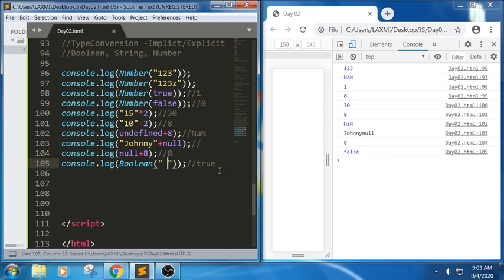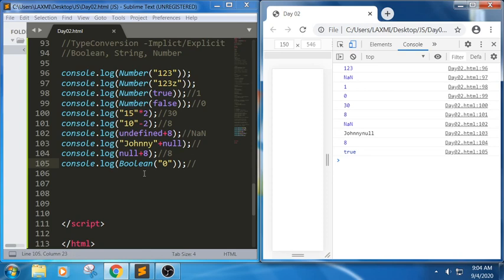But when I write, you will get confused here. It is true. But when I write 0 here, see, it is true. So the values such as empty, 0, empty string, null, undefined, NaN will always become false, and the other values will become true.